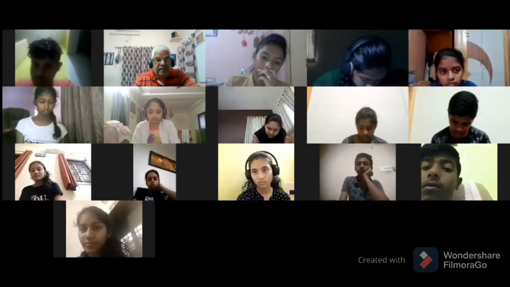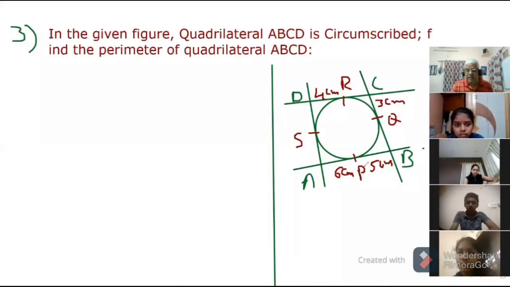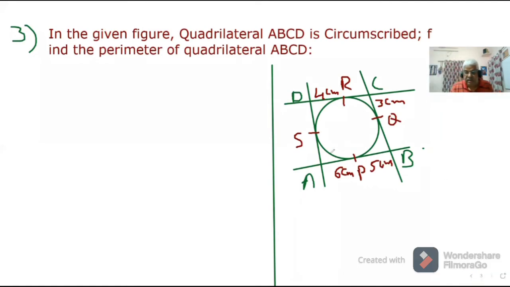And here, today's third problem we are discussing, they have given the diagram. A circumscribed circle is there. You have to find the perimeter of the quadrilateral ABCD. So observe the question. The quadrilateral ABCD is circumscribed and you have to find the perimeter. Perimeter means, remember children, you have to find the sum of all the four sides of the quadrilateral. Now, my dear friends, here what have they given? You just observe how I will bifurcate this one.